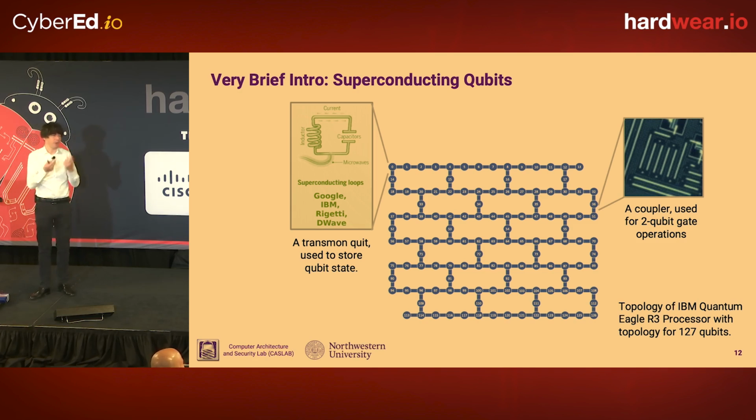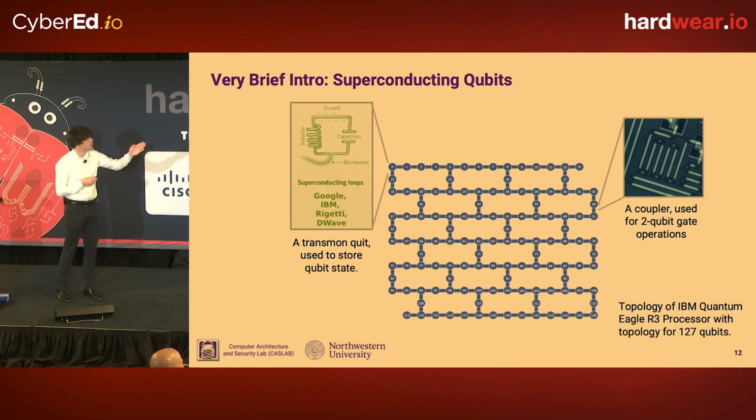Whenever you want to do some computation, you perform a gate operation on the qubits, either a single-qubit operation or a 2-qubit operation. If you want to perform a 2-qubit operation, the qubits you're operating on have to be adjacent, connected by a coupler. So one limitation of an IBM-type machine, for example, is that you can perform an operation between qubits 0 and 1, but not between qubits 0 and 2. To do that, first you have to swap the state of 1 and 0, and then 1 and 2 are able to interact.